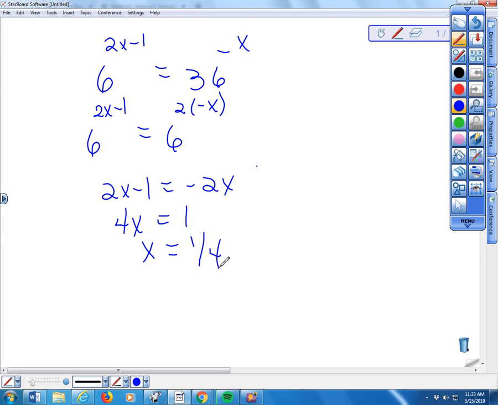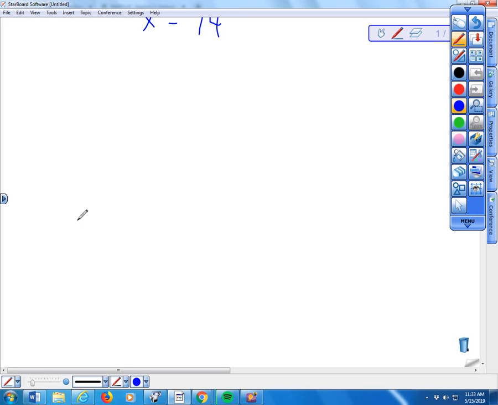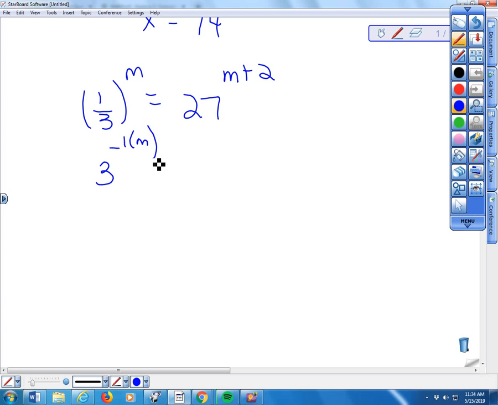Okay, and same on the next one. (1/3)^m = 27^(m+2). Both of these I could get to a base of 3. This, if I make it a base 3, just means I make it a negative 1 times m, right? Because 3 to the negative 1 is 1/3. And over here, 3 cubed